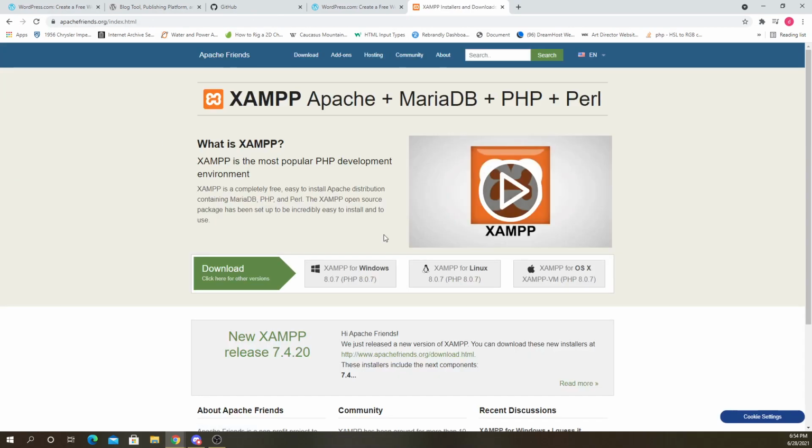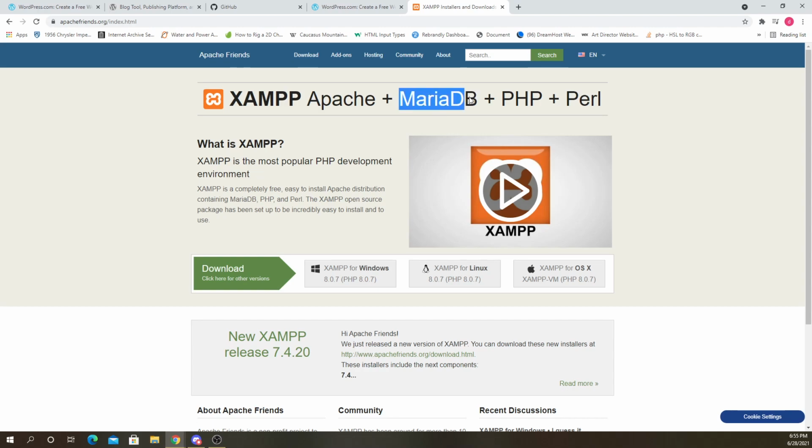So this is going to be necessary if you want to have WordPress installed on your computer, okay? Because WordPress requires server software, which will be the Apache. It's going to also need MariaDB, which is the database that WordPress is going to need for saving all the information like usernames and posts, and all that information has to get saved somewhere.